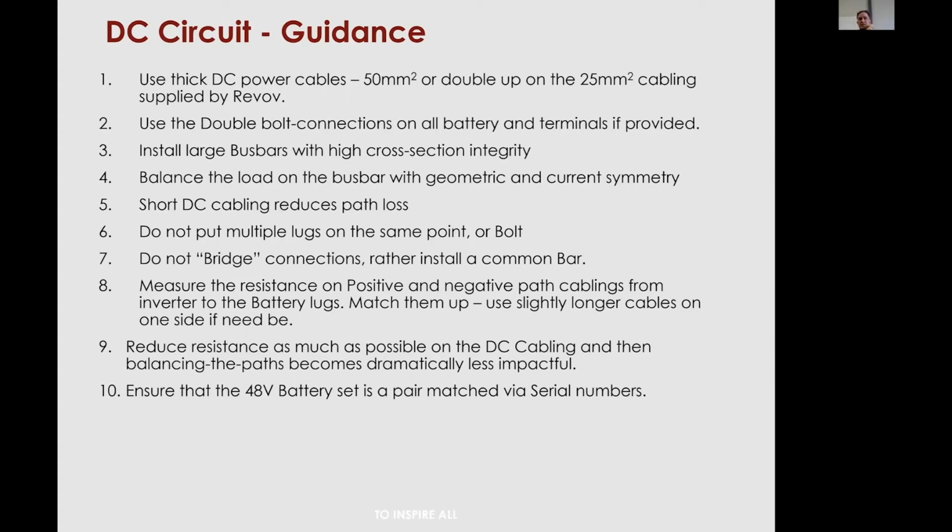If you reduce the resistance as much as possible using DC cabling and balancing the paths, then the voltage and the current in either direction, the charge or the discharge states, the difference in those things become very small and dramatically less impactful. And since the BMS's balancing current is 0.2 amps per channel, per cell, your